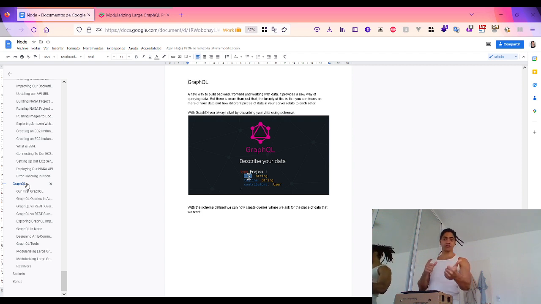It uses a relational database, key value, document based, wide column, or graph. So with that,